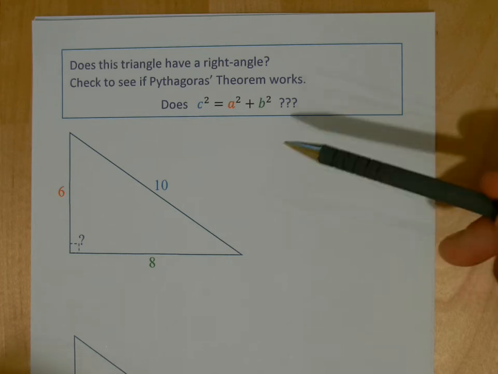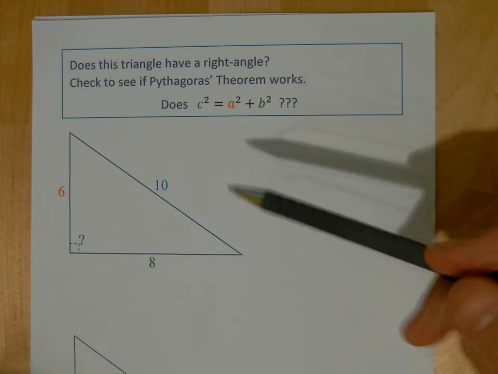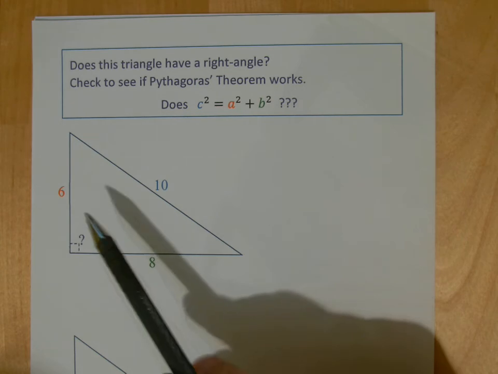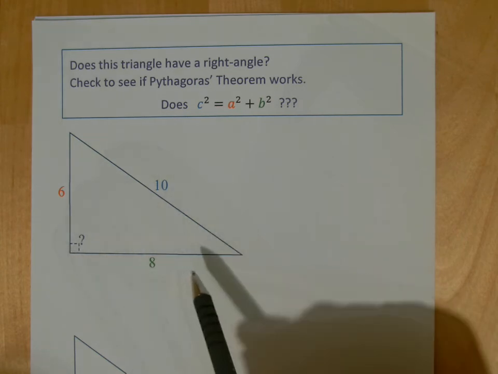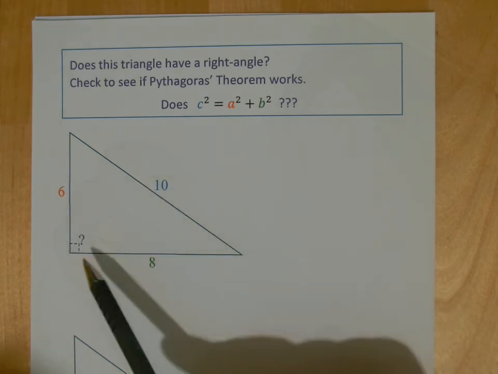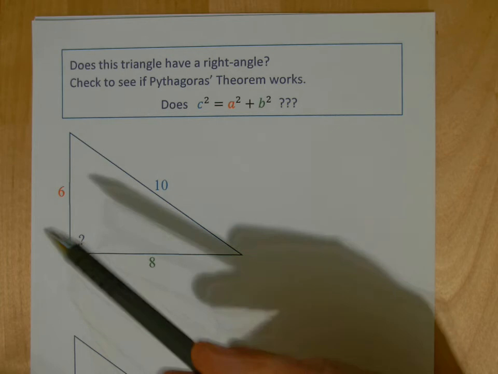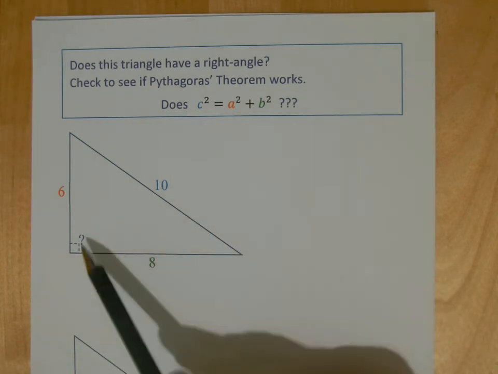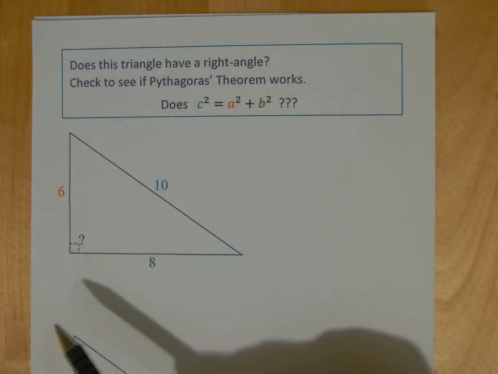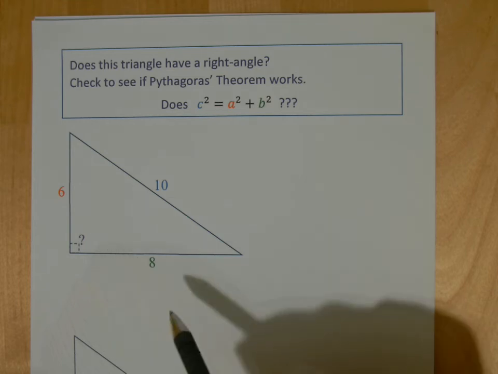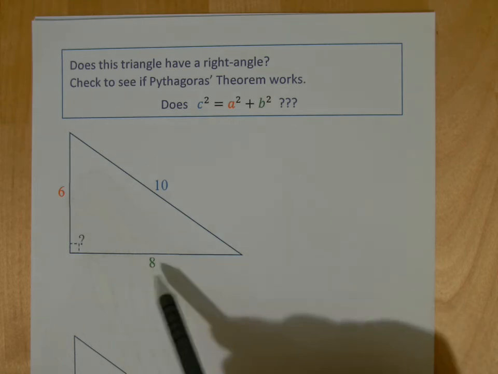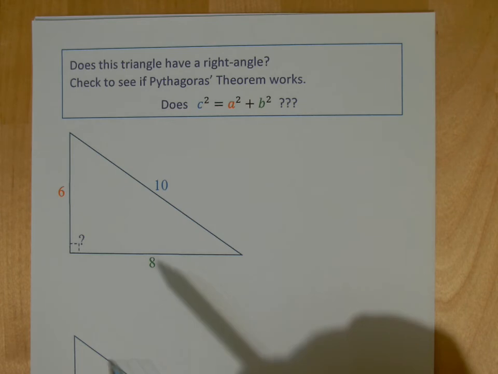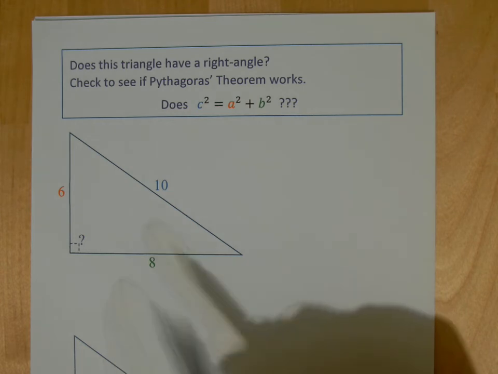We can use Pythagoras' theorem to see if a triangle is right angled or not. When you look at this triangle here, obviously it looks like it should be a right angle, but it's not drawn to scale, it's not drawn properly. There's a question mark there asking, is this a right angle, yes or no? Well, because we know all the sides, we can actually use Pythagoras' theorem